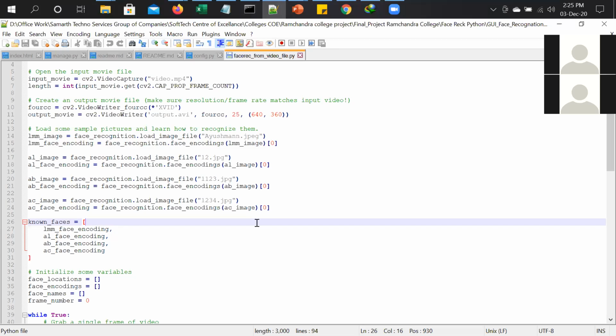Now the caption part. Here we are giving a caption. If the match is the zeroth image, then give it this name. If the second one got matched, give this name. Second, third, and that way the number increases. So here are the four, and then we can append the names. So the caption will be appended.